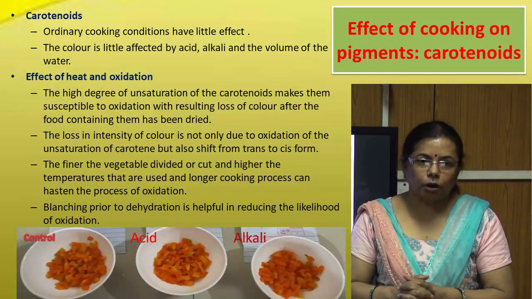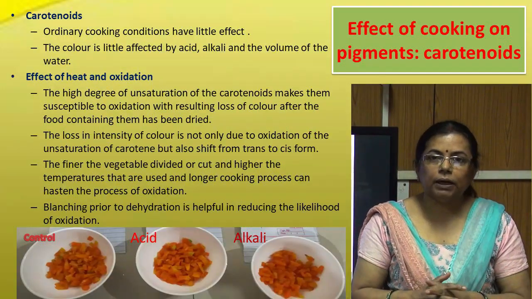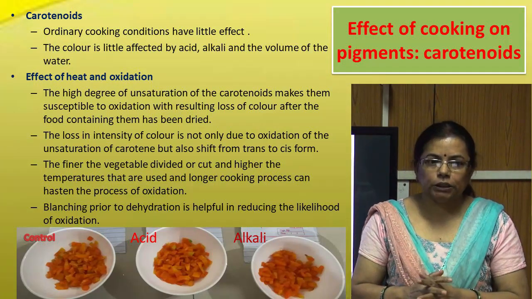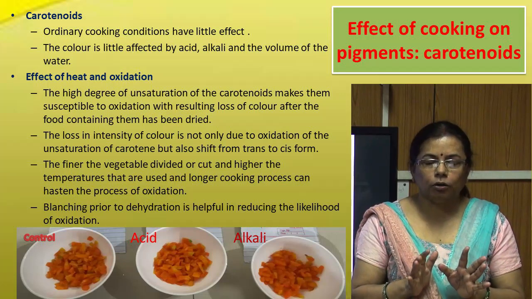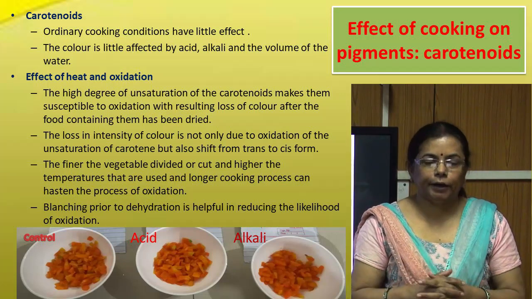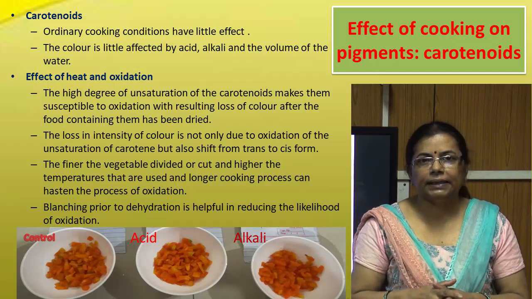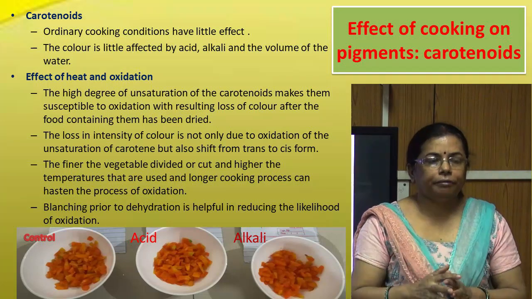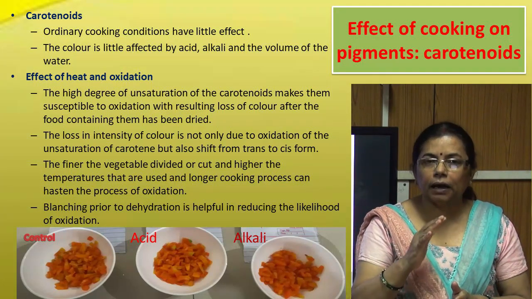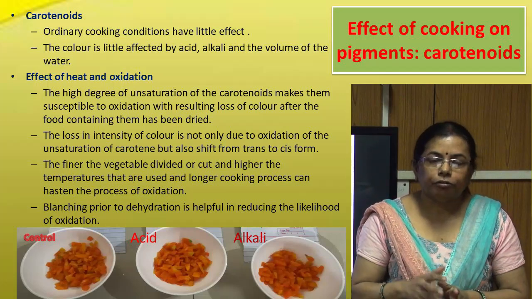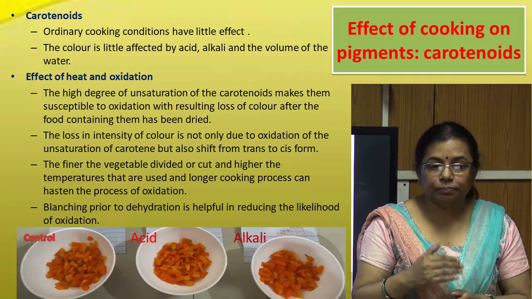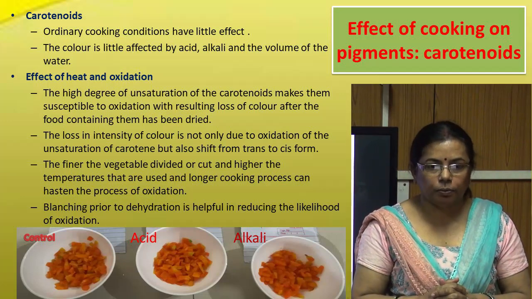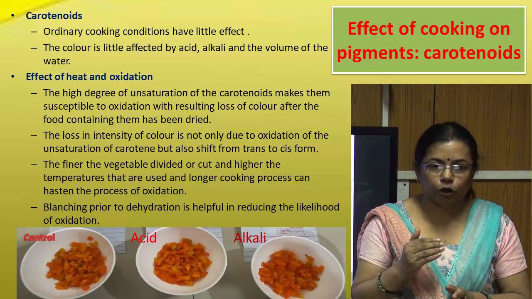Now we will study the effect of cooking on the carotenoid pigments. As I said earlier, ordinary cooking condition does not have much effect on the color of the carotenoids. The color is little affected by acid, alkali and the volume of the water. But due to presence of multiple unsaturated carbon to carbon double bonds, carotenoids become more sensitive to oxidation, which results in the loss of color after the food containing carotenoids has